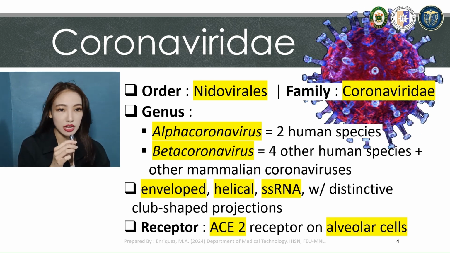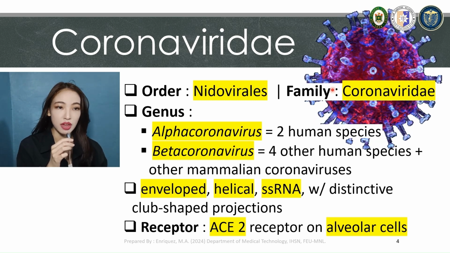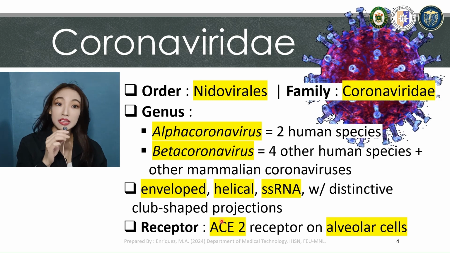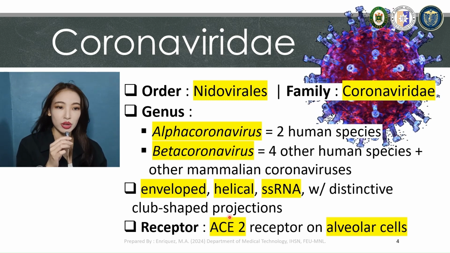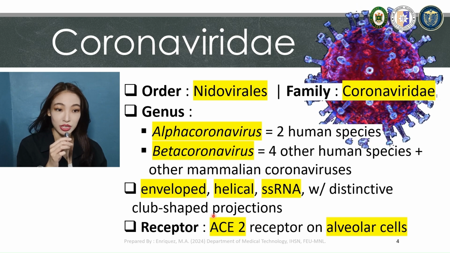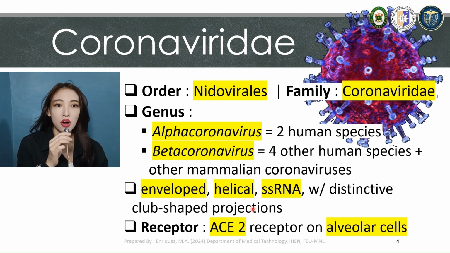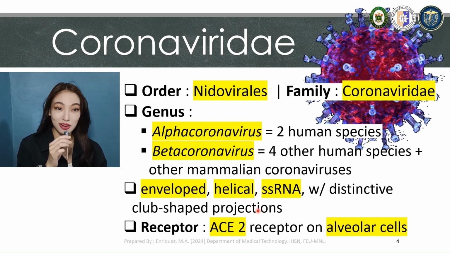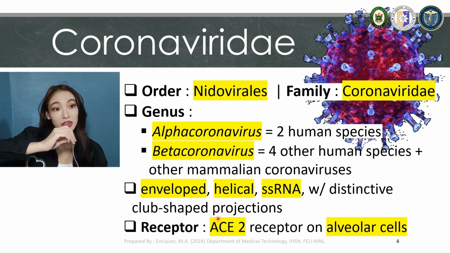Take note of its receptor to the host cells. So, on the surface of our alveolar cells, that's where we could find the ACE2 receptors or the angiotensin converting enzyme 2 receptors, where on these ACE2 receptors, this is where the glycoprotein spikes of the coronavirus